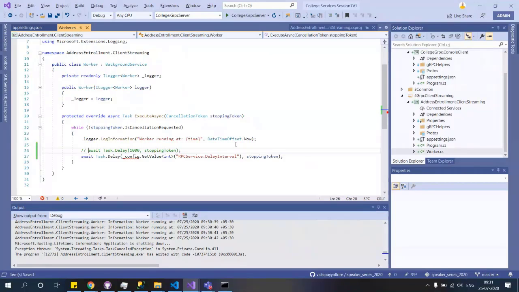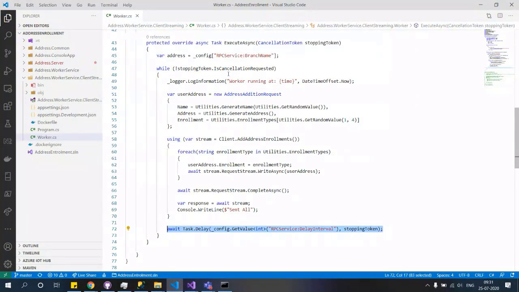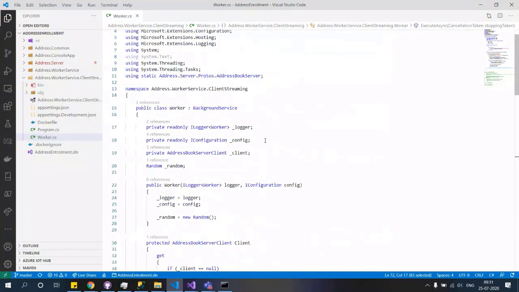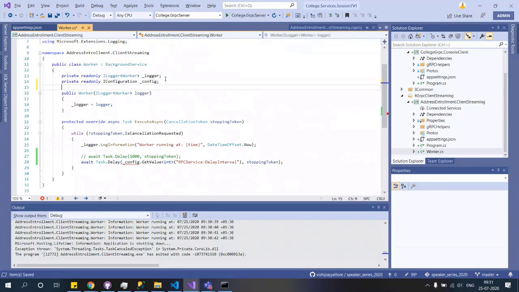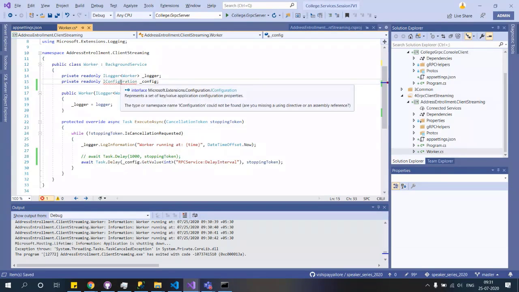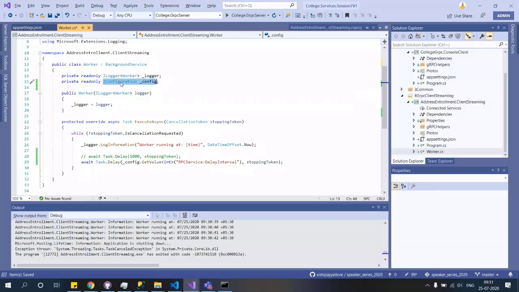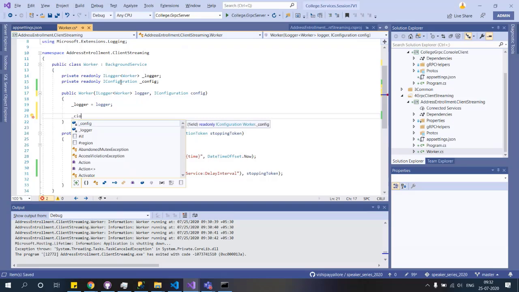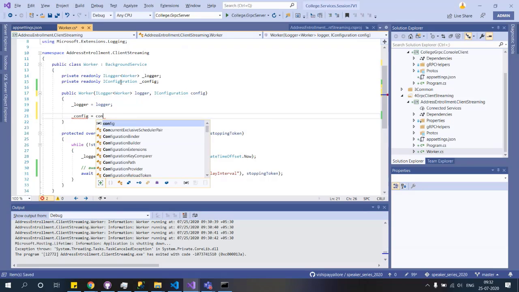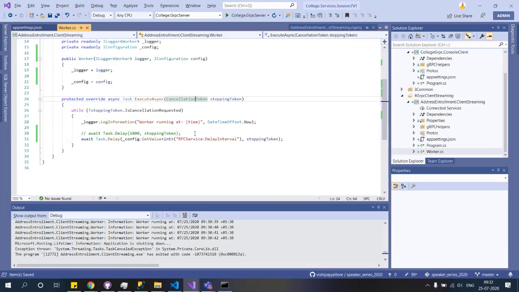The configuration should be injected, so I'm going to copy this and drop it at the top, bring in the using statements for that, and accept this as a parameter, then set config equal to the config that is coming in. Now I think all is well.